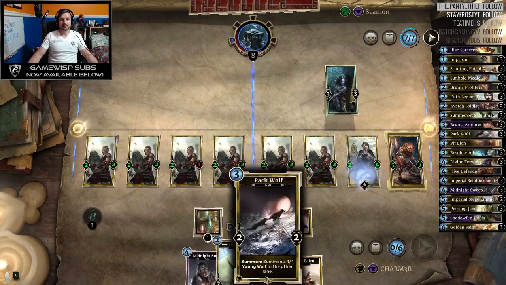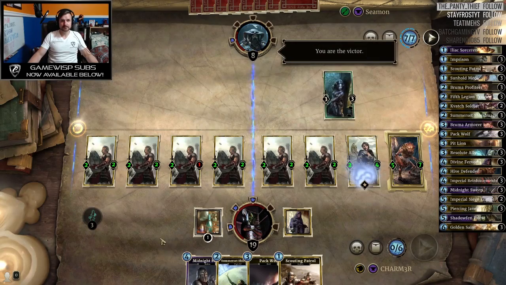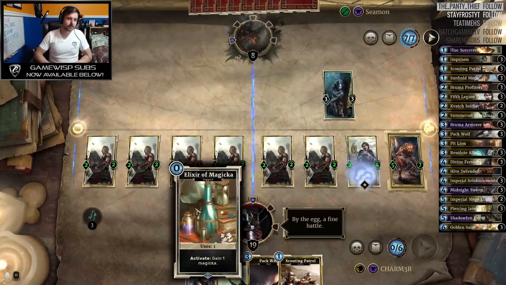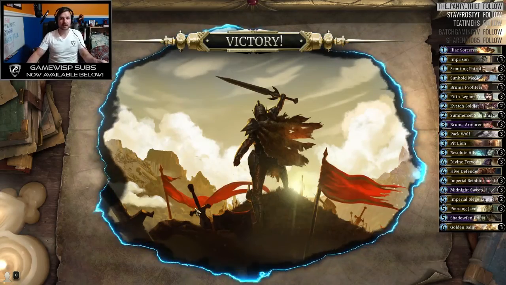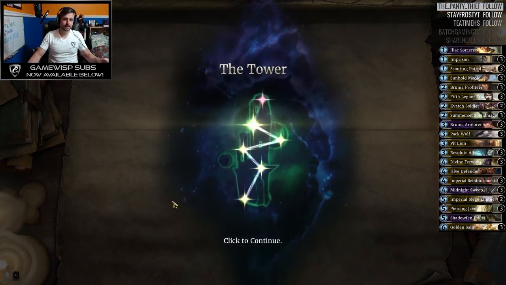Because again, this is still a fair amount of board flood, even if he does magically wipe us. I think we've got too much for him. So alright, that's normally our worst matchup. I think we literally just got lucky because he, I think, had a bad opening hand. He wasn't playing a whole lot early there, so...